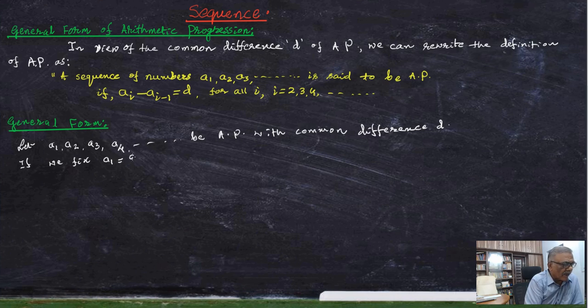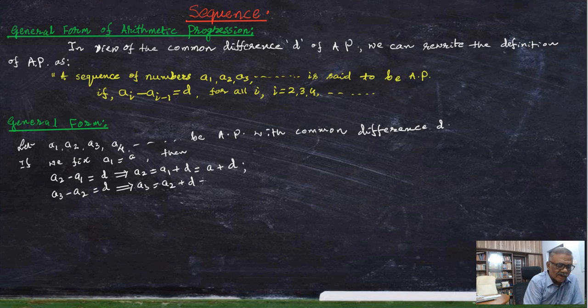A1 is equal to A. Then we can say A2 minus A1 is equal to D. This implies A2 equals A1 plus D, that is A plus D. And A3 minus A2 is equal to D again by the definition of the AP, so A3 equals A2 plus D, and A2 which we have already found is A plus D, so A plus D plus D,